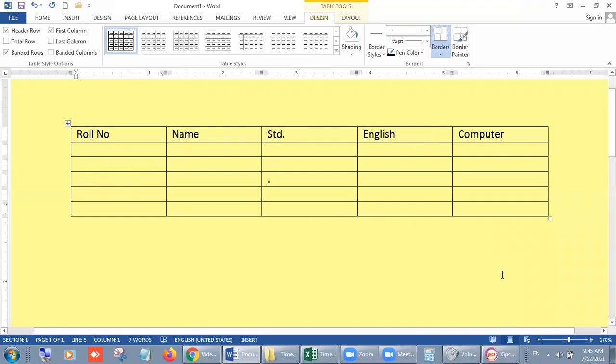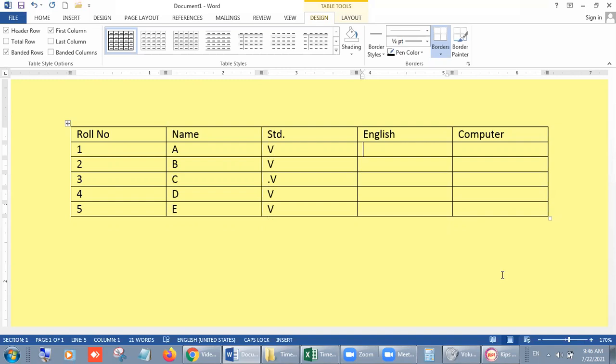Okay, students, I am feeding some rough data in it so that we can save our time. Name is ABCDE. With the Tab button you can move to the next cell. Standard is the same, that is 5th, right?